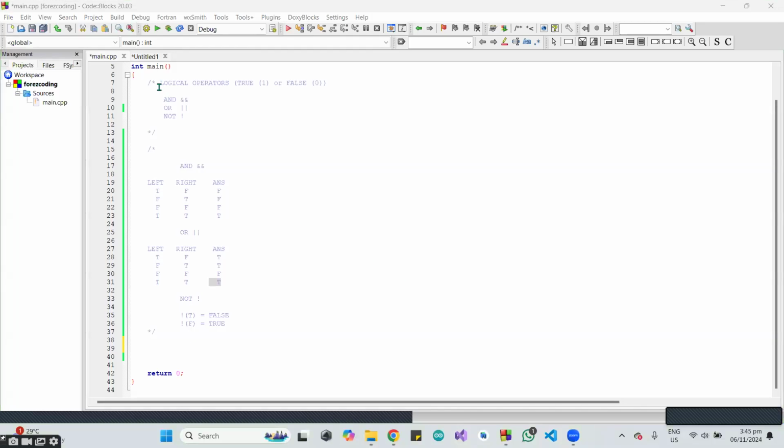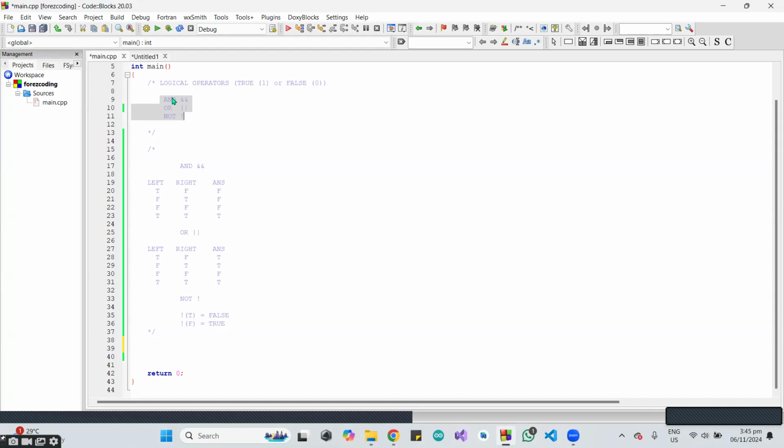Hello, everyone. My name is Joyce, and today we're going to talk about logical operators. In here, we have true or false. One represents the final answer as true, and zero represents the final answer as false. And in logical operators, we have three